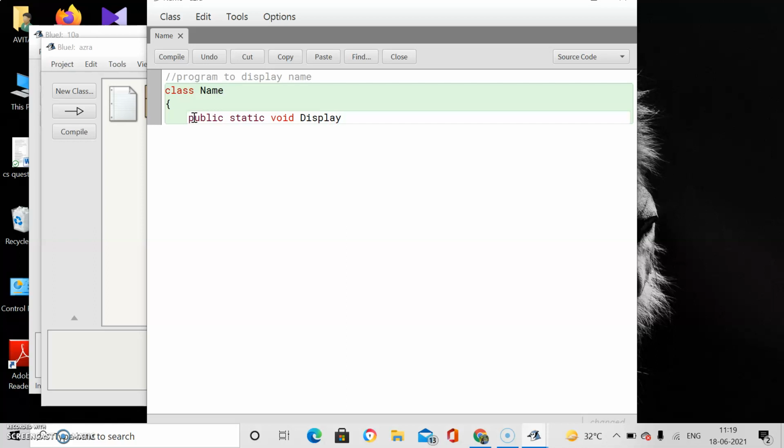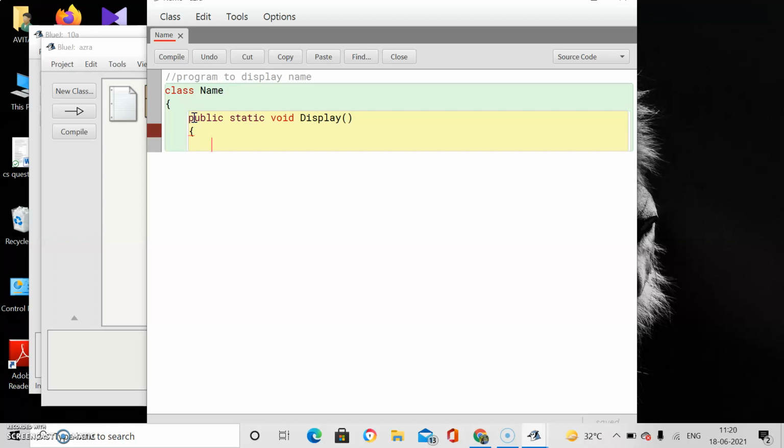Then, as it's a function name, parentheses should be there after the name. Press enter. Now open the curly brace of the function. Now write down the statements to perform the task you have to do. And in this case we just have to print our name on the screen.